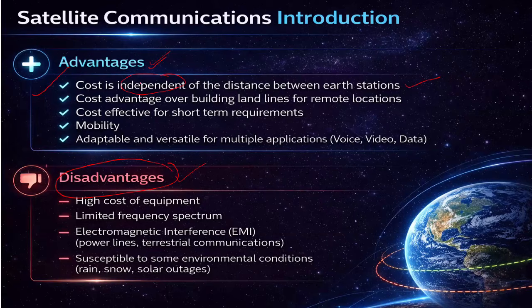Then we have it is very useful for remote locations where it's difficult to have fibers or towers, right? Then we have short-term requirements. For example, temporary communication is extremely useful during emergencies. For example, during floods, most cell towers and fiber networks get damaged or completely shut down. So in such situations, satellite-based networks can be deployed quickly to restore connectivity.